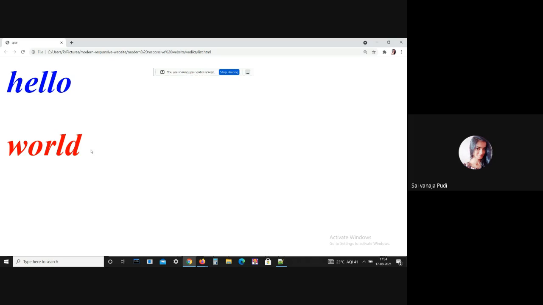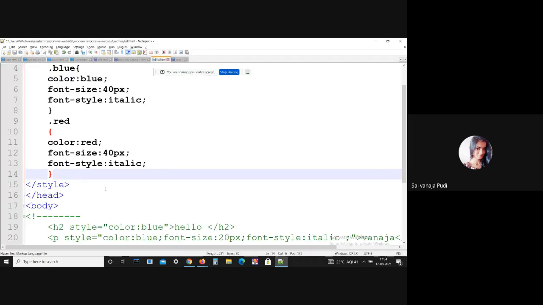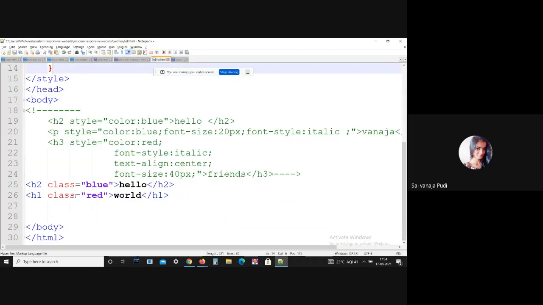And if you want to add any properties, then we have to use the class attribute and the ID attribute. Here I have used the class attribute only. Let me explain what ID is.